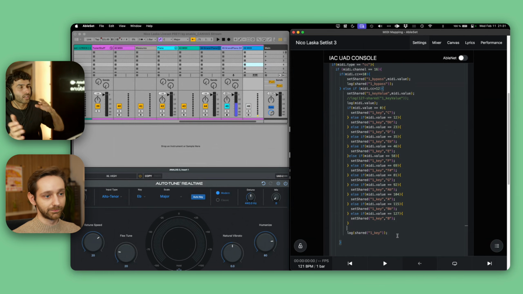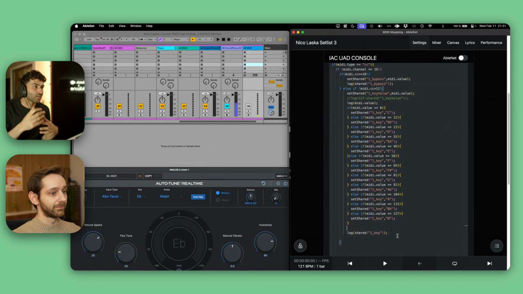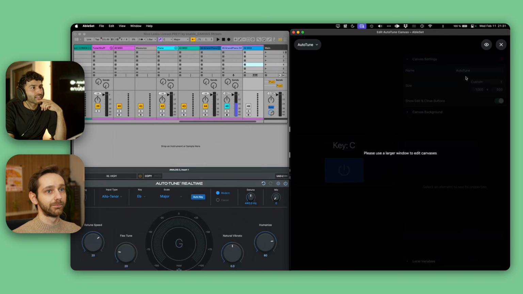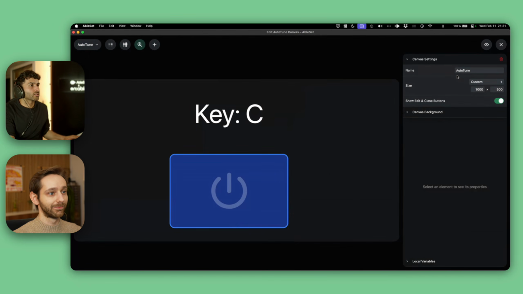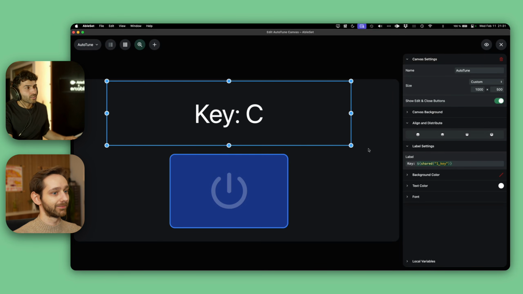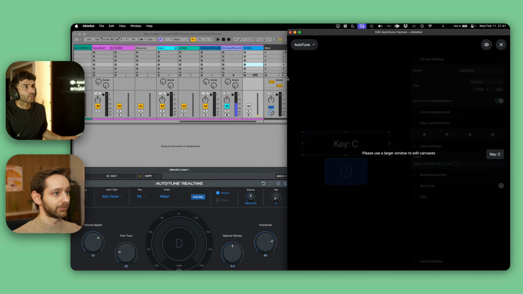So I've kind of figured this would be good for multiple AutoTune instances. So this is my first one, and I'm saving it into this variable called number 1 key, depending on what MIDI is coming back from there. And then back in the canvas, you're going to see, if I just make this a bit larger, I'm just in the label template, simply accessing this key, right? So I'm saving it into a text field and just accessing it from there. And a similar thing is happening with